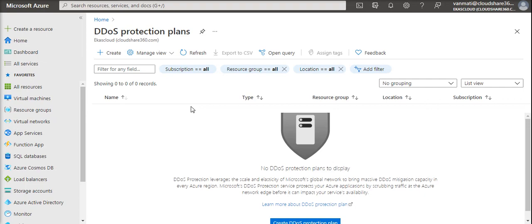As we saw, DDoS protection has two types. One is called basic, which is automatically enabled for all of the Azure services. So if you use any Azure service which is exposed to the public internet and could be targeted by a DDoS attack, it is automatically protected by the basic tier of Azure DDoS protection. And the standard tier provides additional mitigation and monitoring capabilities for all of the resources located within Azure virtual networks.